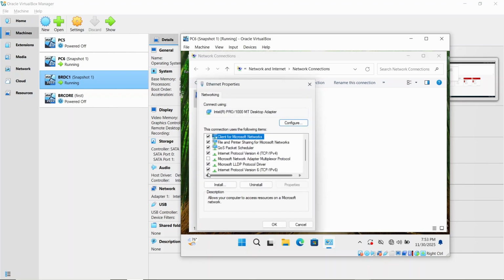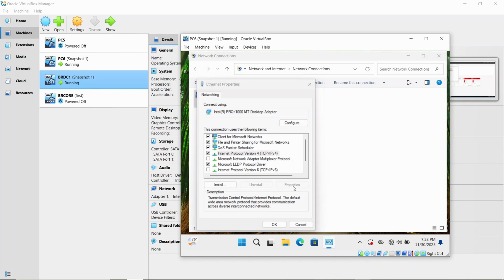Disable IPv6. That's usually recommended in simple labs because sometimes the computer tries to reach the domain controller using IPv6, but our domain controller is only using IPv4. So click Internet Protocol version 4 TCP/IPv4